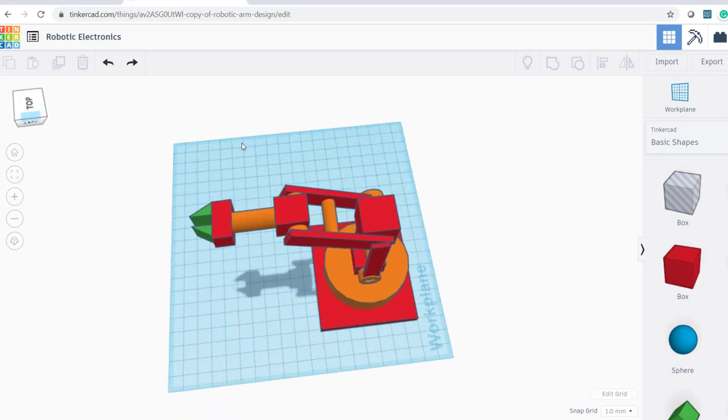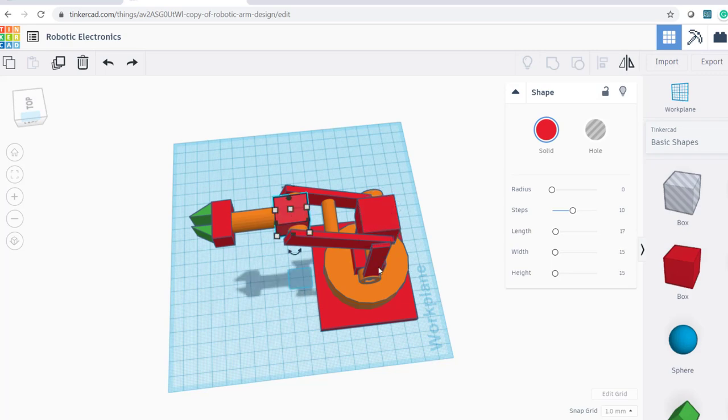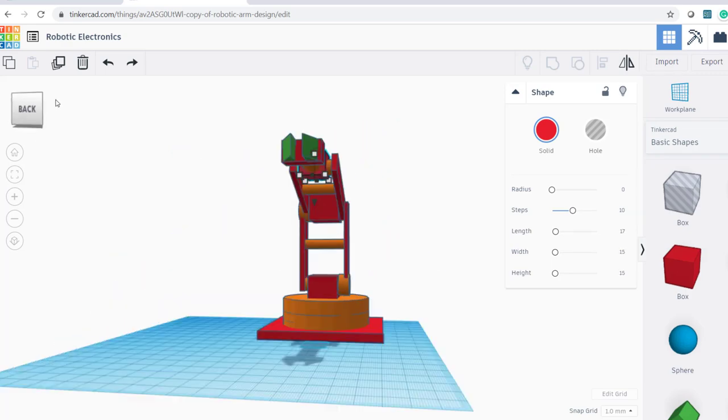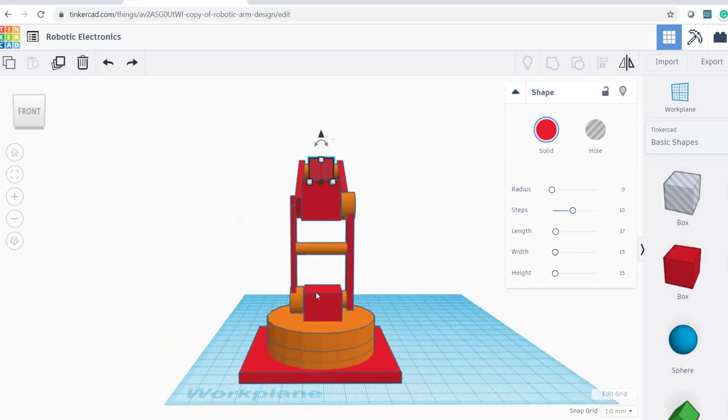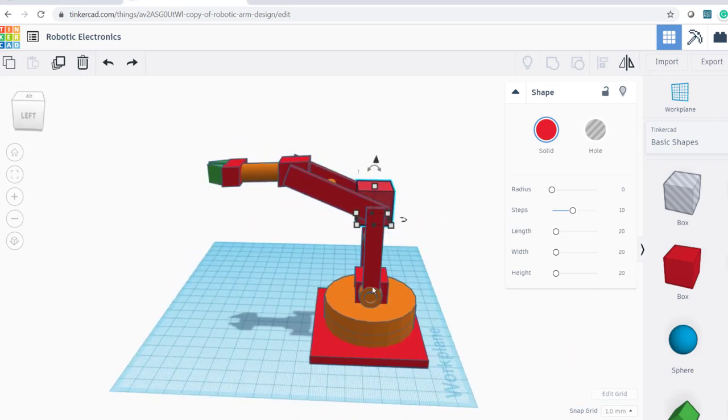Similarly, another motor which supports the rotation has to be placed here and here. Usually, we can place motors like servo motors in these areas because they support the movement of the arm at different angles. So it is better to place servos in this type of robotic arm.